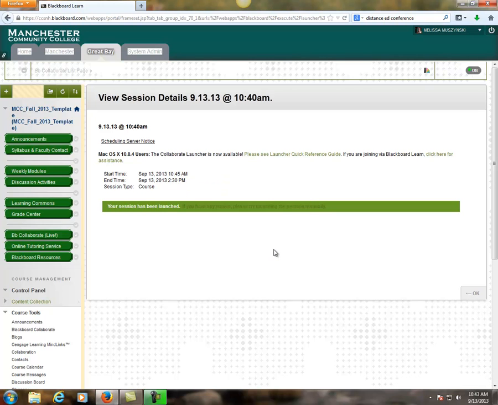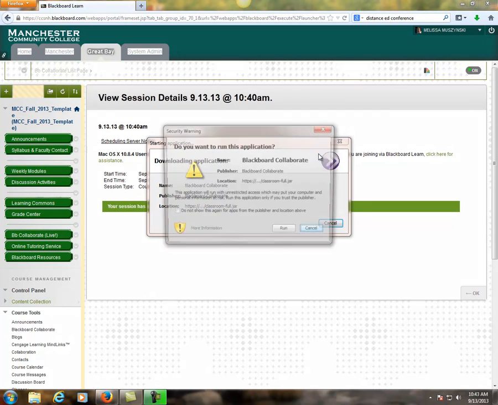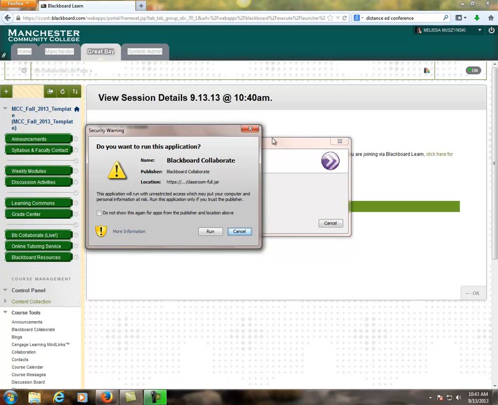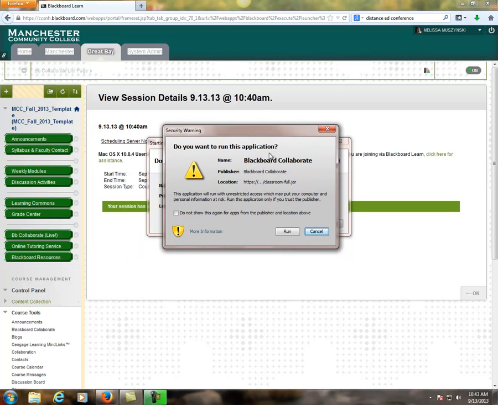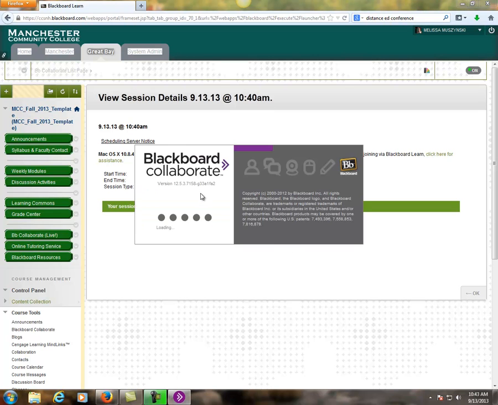And it's thinking. Don't worry, it's still loading. I'm going to have another box pop up soon. Downloading the application, and this is the kind of icon for Blackboard Collaborate. Do you want to run this application? Click run, excuse me. Again, it's still working even though you don't see anything. And now it is opening our Blackboard Collaborate session,